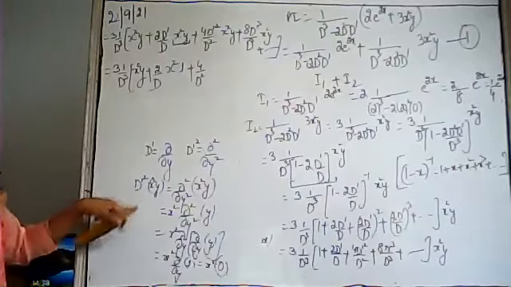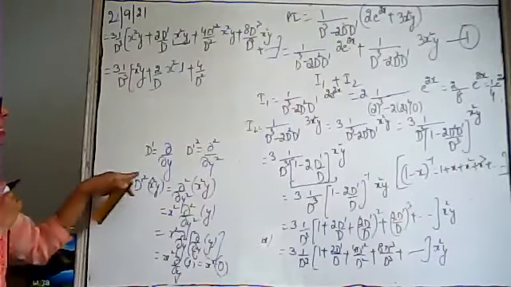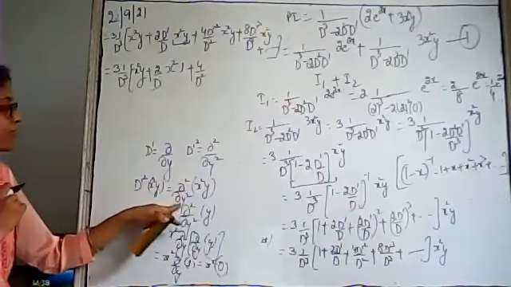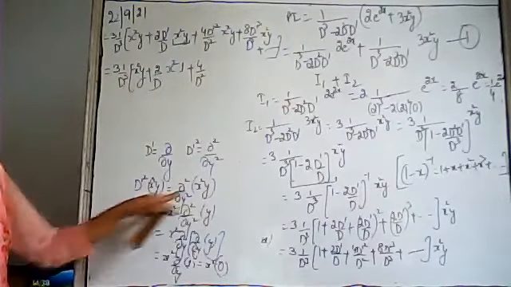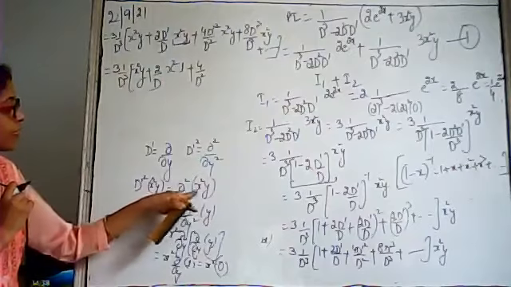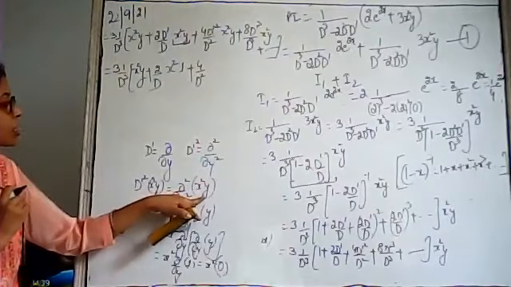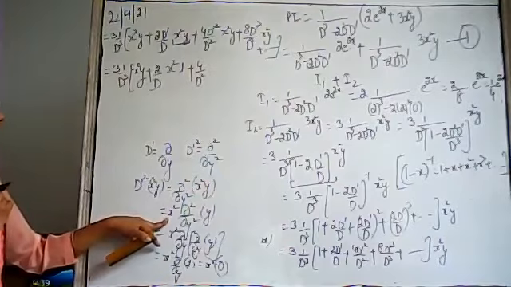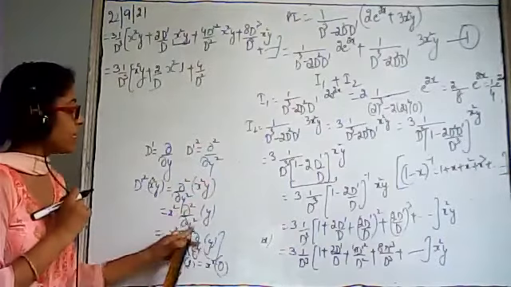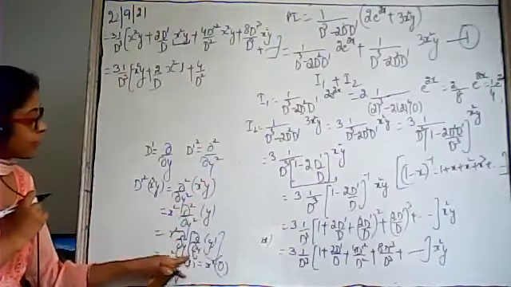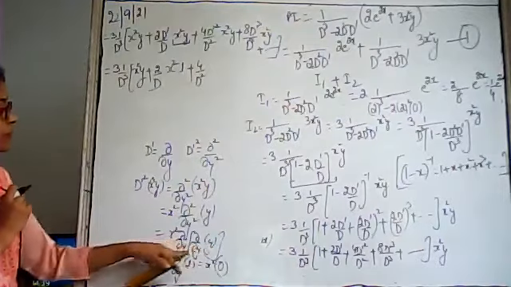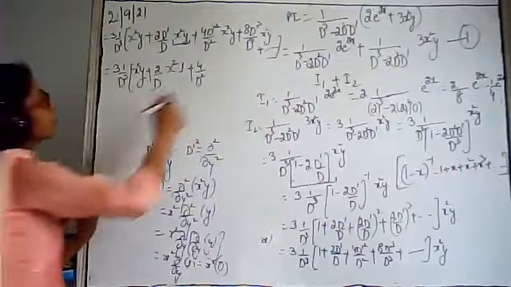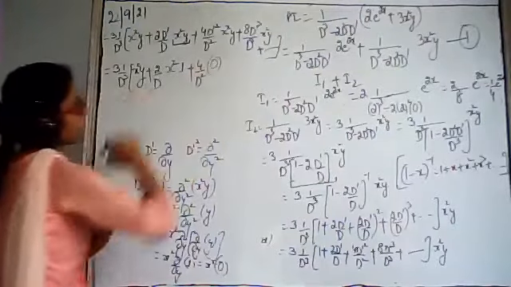देखो बेटा ये step clear है. हमें क्या करना था? We have to find the value of d dash square into x square y. D dash square means curly square upon curly y square into x square y. Curly square by curly y square है, it means that we have to differentiate the function with respect to y only. In that case, x square is constant. It can be taken outside the function. Curly square upon curly y square into y. First of all, differentiate single with respect to y. It will be 1. Again, we have to differentiate. It will be 0. So this term is 0.